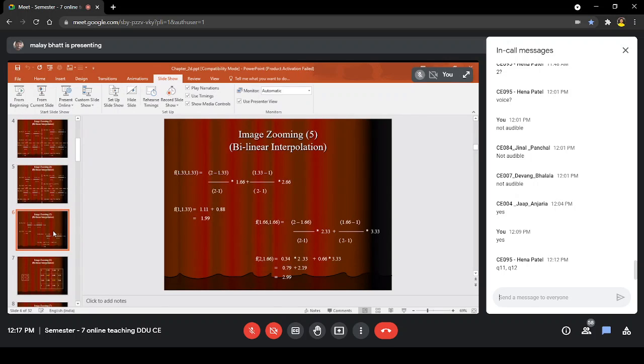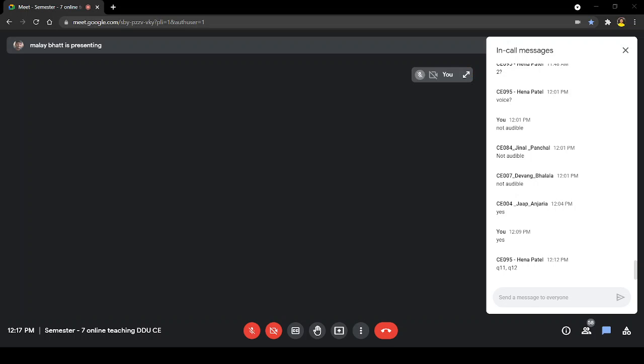So similarly, for others we can find out. So if I remove this, it will be fine. 2 minus 1.33, it is given here. So we just have to find out the values of all these points.